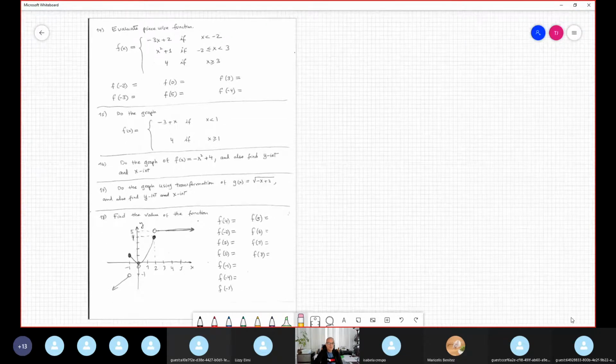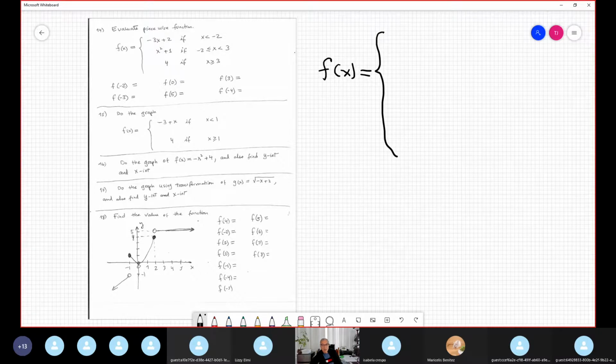Okay, it's a piecewise function. So in the first question, 14, no? What number are we doing? Number 13, no? No, 14. Okay, we are doing well. 14 is evaluate piecewise function. So one piecewise function is given. I want to copy it again. Look. f of x is equal to minus 3 plus 2